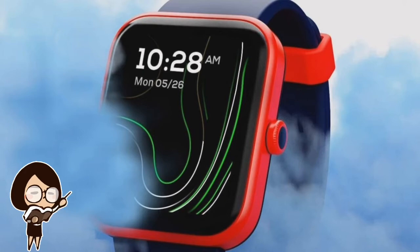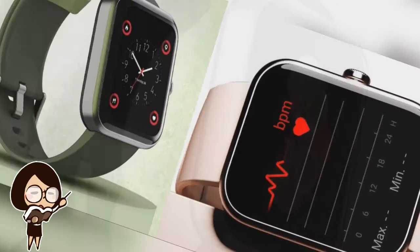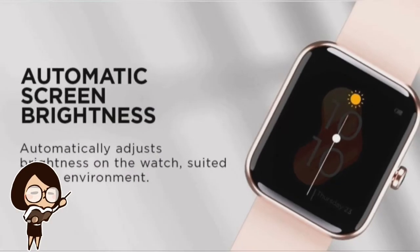In addition to heart rate tracking, it will support SpO2 monitoring, sleep monitoring and 14 workout modes that include indoor walking, outdoor walking, hiking, outdoor cycling, yoga, open water swimming, workout, pool swimming, indoor running, cricket, rowing, elliptical, spinning bike and outdoor running. The 300 mAh battery promises up to 7 days of battery life with normal use, and 4